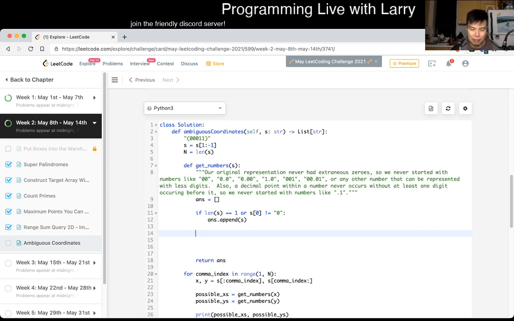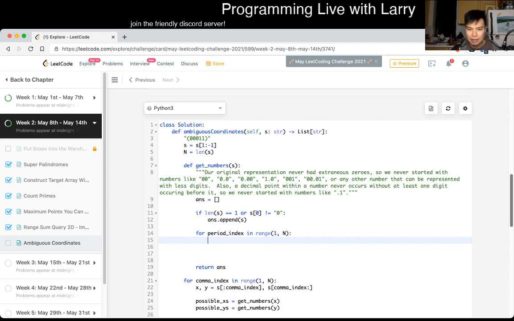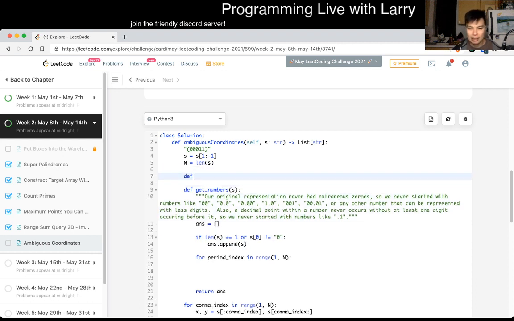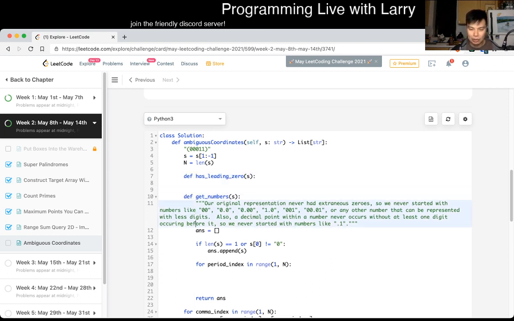Yeah, same idea as we had before. So for period index, range of 1 and n. So the period never appears before the first number. It can appear in the second number. Okay, let's actually change this real quick to have a helper. So has leading 0 of s, and then we just change this to